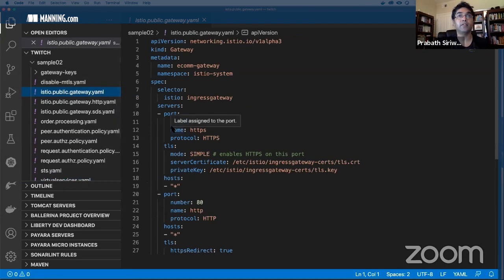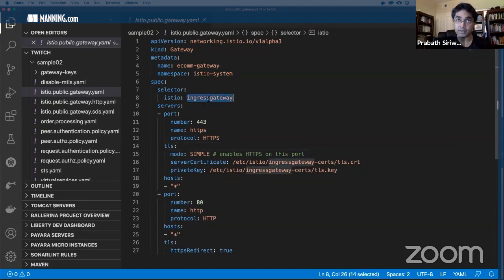Let's have a look at the gateway resource first. So this is the gateway resource. This gateway resource operates at layer 4, so it will look at the port and the protocol, and will try to find the corresponding virtual service. A given gateway resource has to be associated with an ingress gateway.